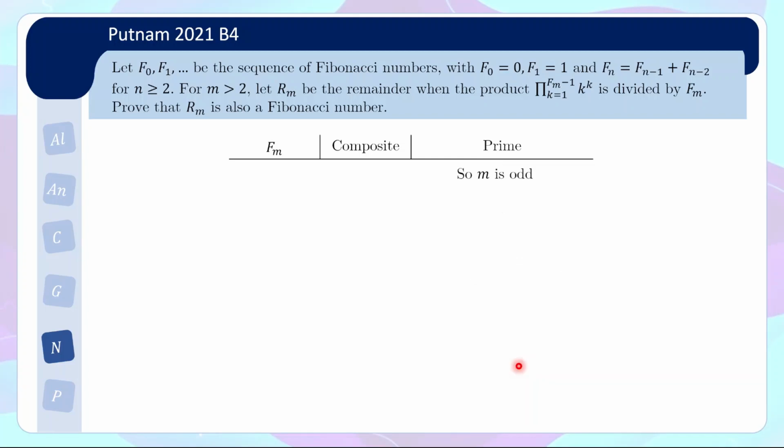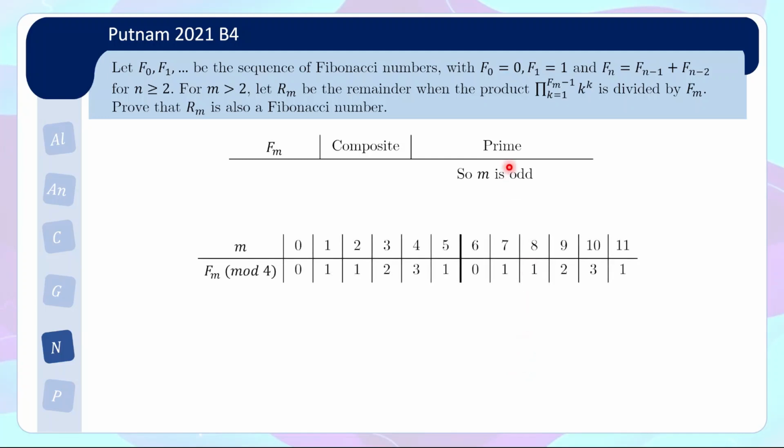Now, what's more is that once we know m is an odd number, we can see the behavior of the prime mod 4. Here is the table of Fm when taken to modulo 4. So this is just the Fibonacci. You can very quickly write down the sequence, and then you realize that the pattern repeats itself in cycles